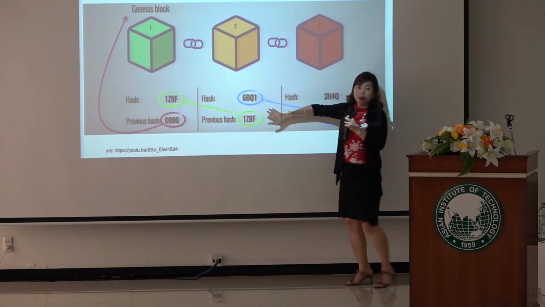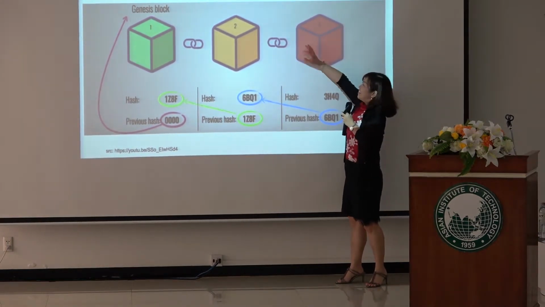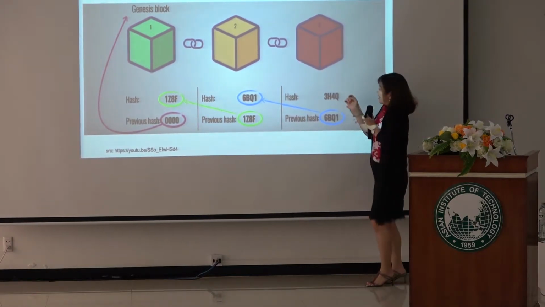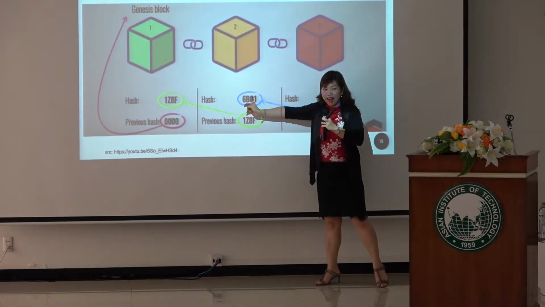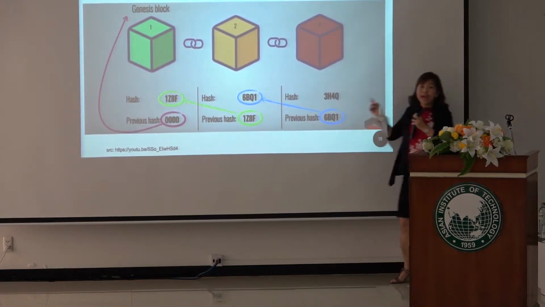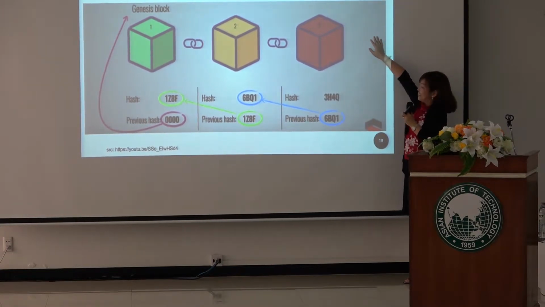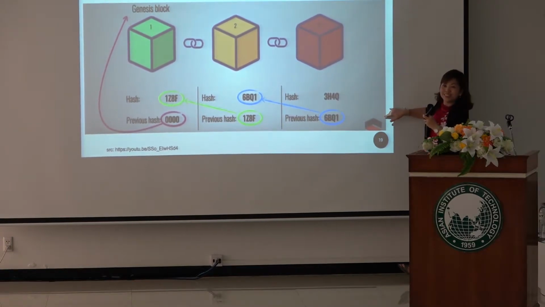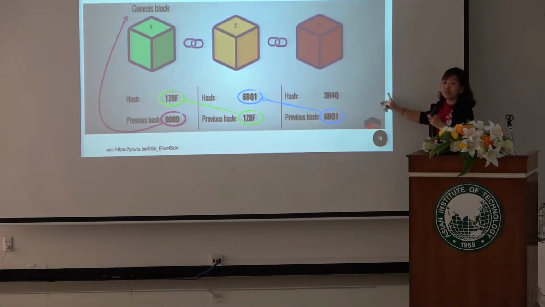Okay, so the third block, what is it? Of course, it may have whatever data, like I have this money, I transfer that money to you, and so on. And it has a link to the previous block using the hash. And it has its own hash. So suppose I have another block, number 4. What do I do? Of course, I need to link block number 4 to which hash? This one, right? And then the hash of my block number 4.